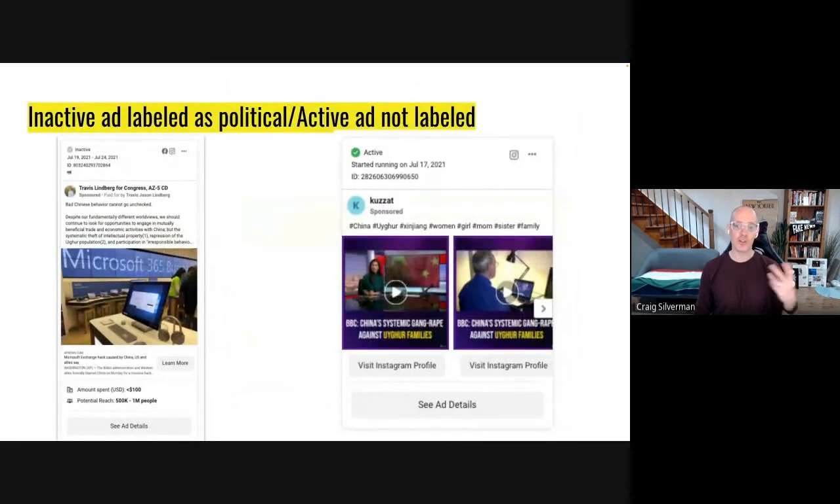Okay, so here's an example of 2 ads that came up that were really interesting and the kinds of things that you want to look for during an election, okay? So on the left-hand side here, we see an ad from somebody named Travis Lindbergh for Congress. And you can see underneath his name, it says paid for by Travis Jason Lindbergh. And we can also see on the bottom there, amount spent, roughly about $100, and potential reach 500,000 to 1